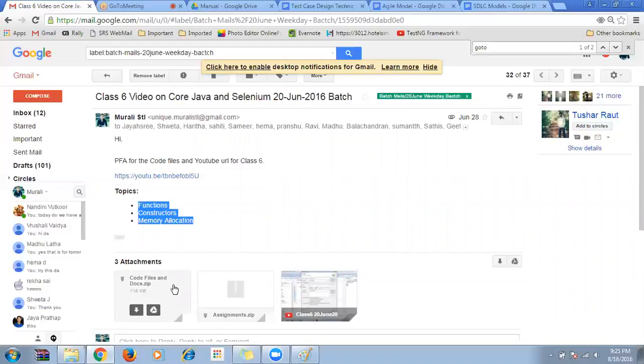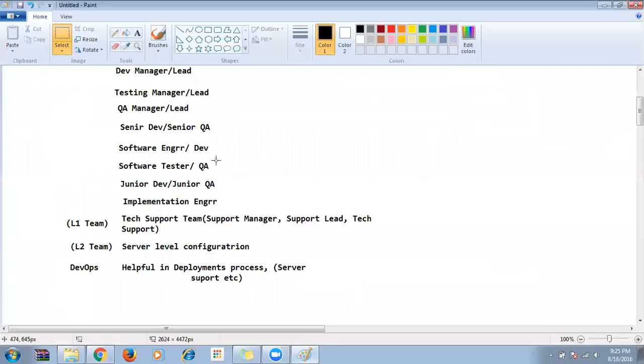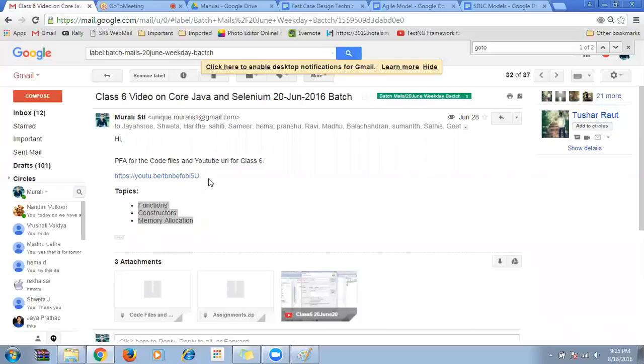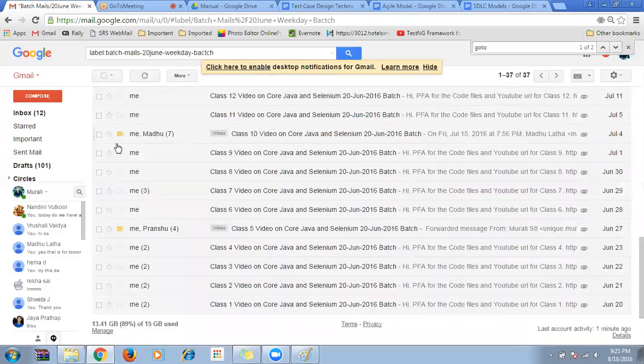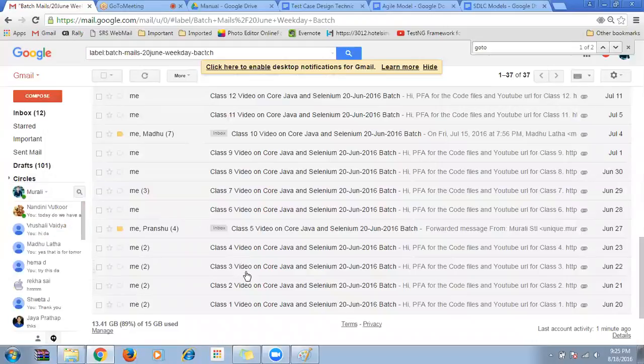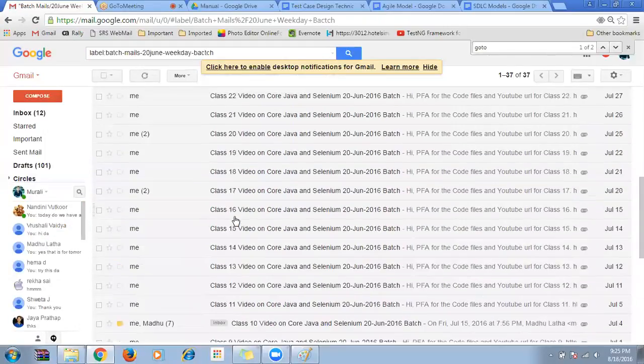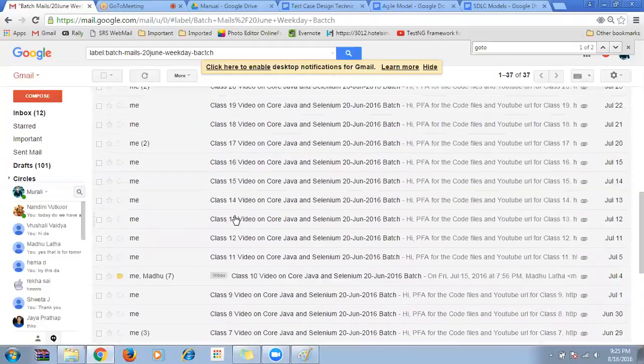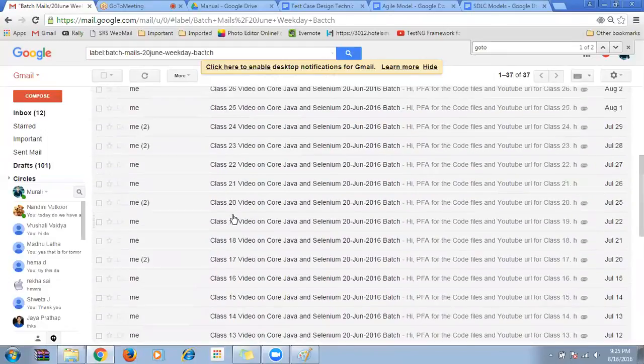Then if I have any documents, for example, today's document we have seen, the document and the information will be sent to you like that every day. So if possible, you can have a separate folder like this, and every day what I'm sending, you can attach it here. Okay. Okay.